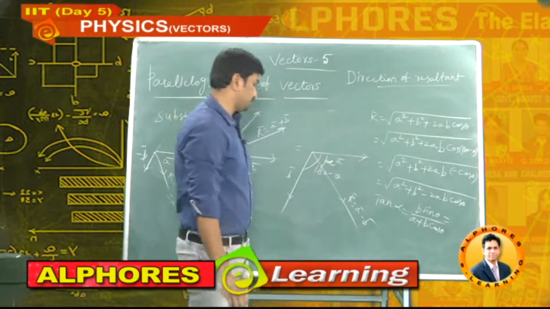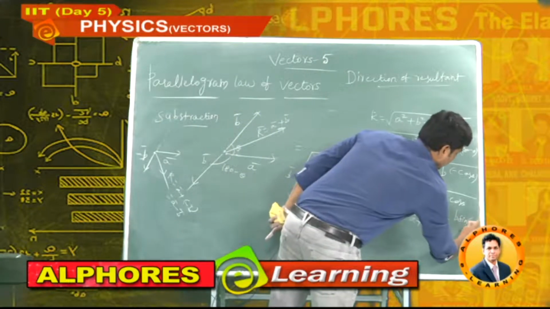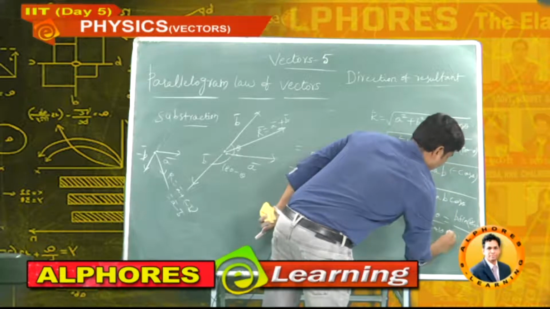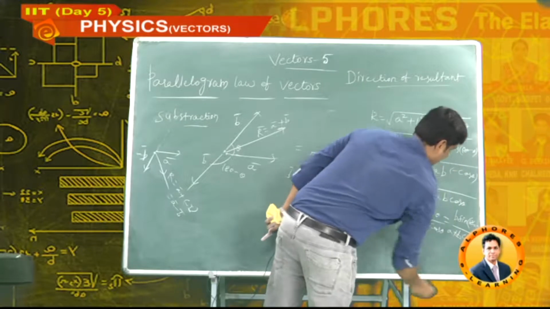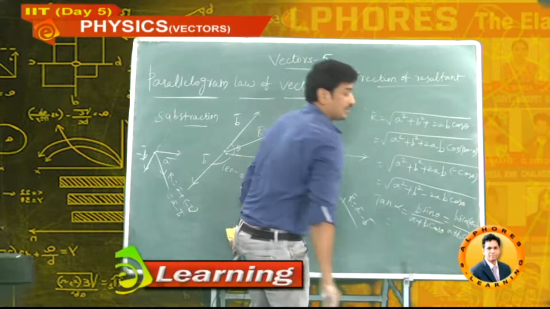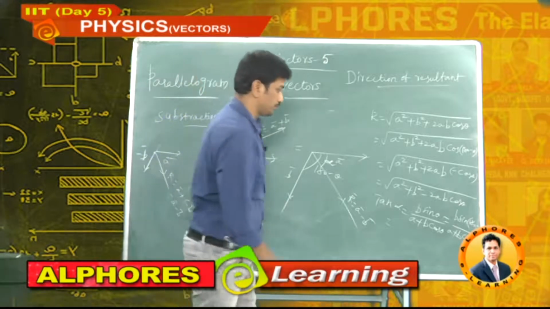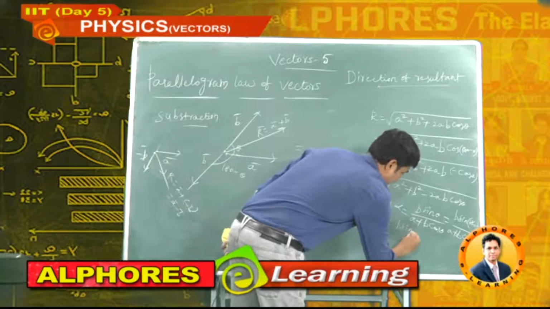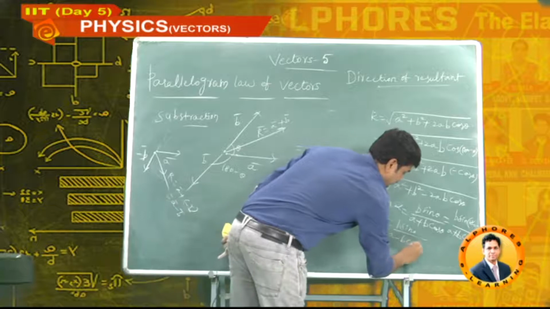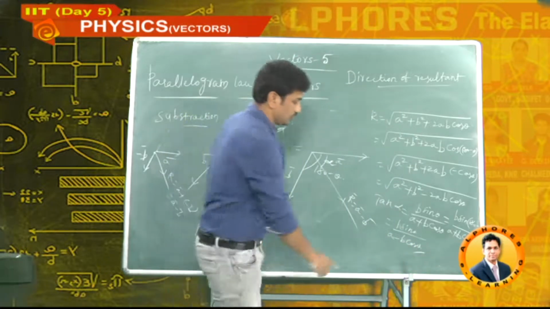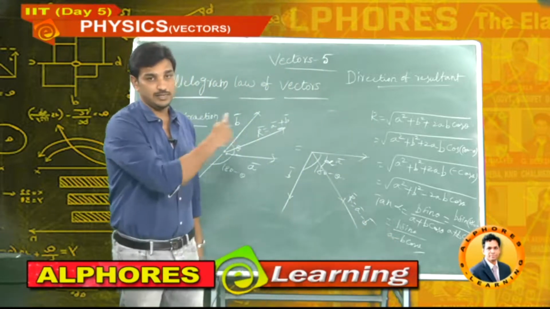Here what is the theta? 180 minus theta. Now b sin of 180 minus theta, denominator a plus b cos of 180 minus theta. Now 180 minus theta is in the second quadrant, so the sin value is positive. Numerator b sin theta, denominator with cos of 180 minus theta is minus. Here you got the minus. Previously it was a plus, now it is minus. So finally I will write